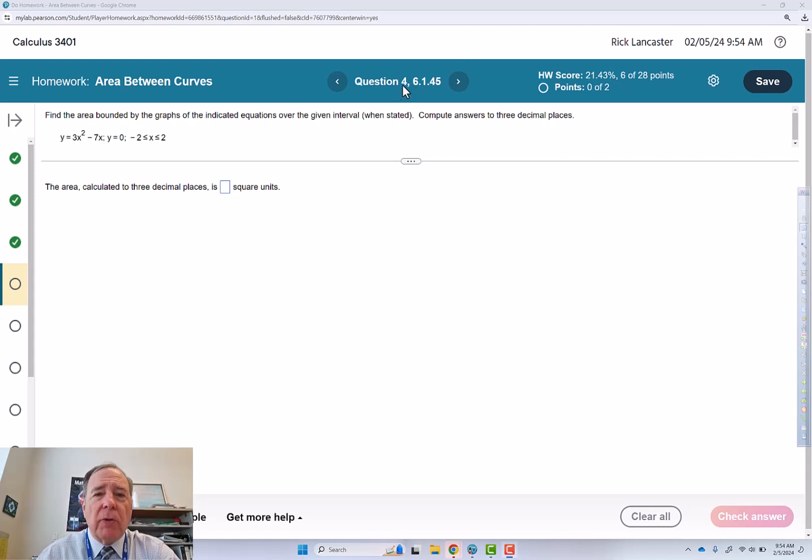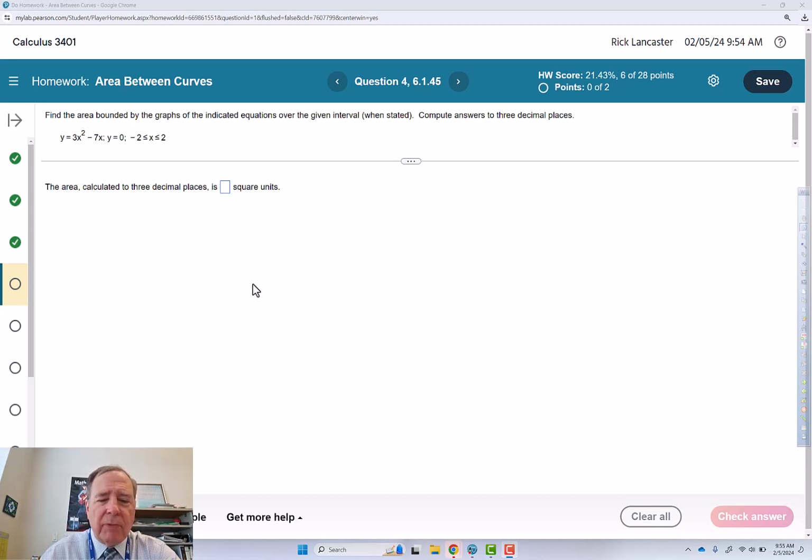This video goes over question 4 of the area between curves assignment. Find the area bounded by the graphs of the indicated equations over the given interval when stated. Compute the answers to 3 decimal places. So we've got a vertically stretched, upward-facing parabola. It is moved over to the right some, and then we've got y equals 0, and we're going from -2